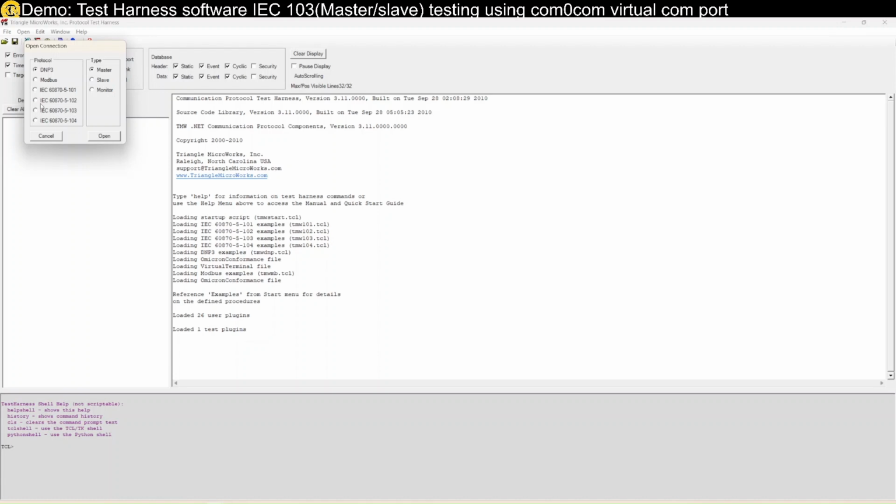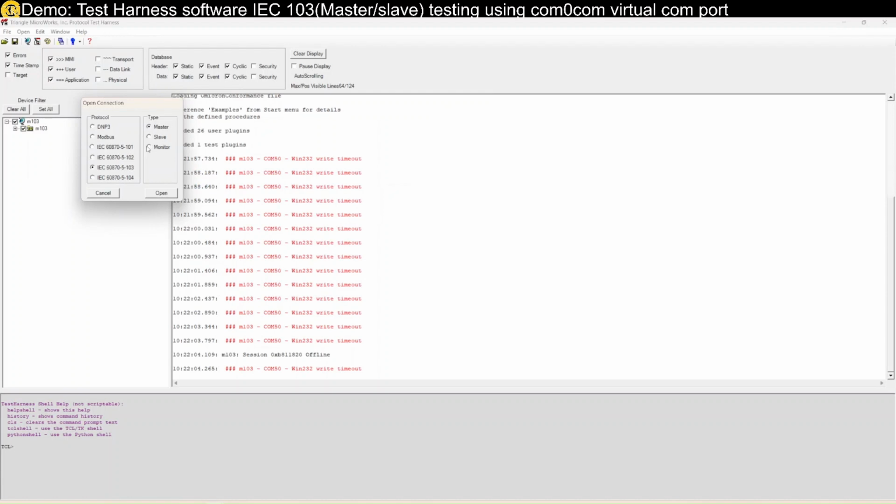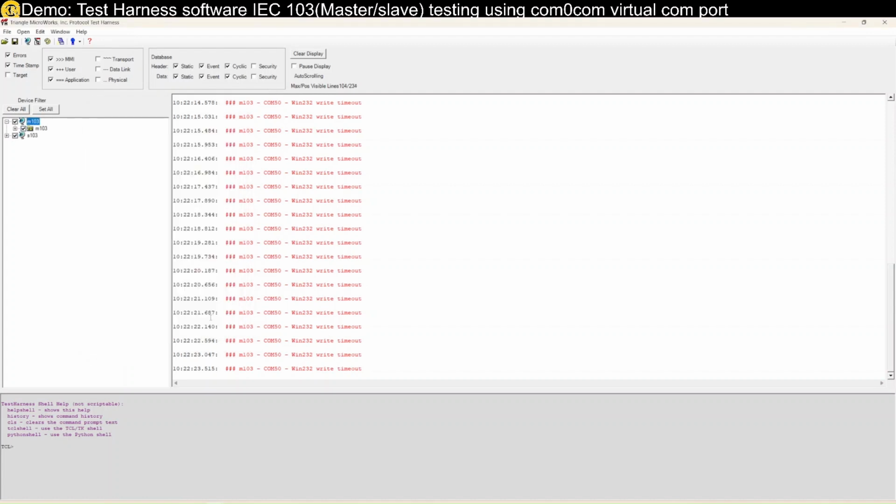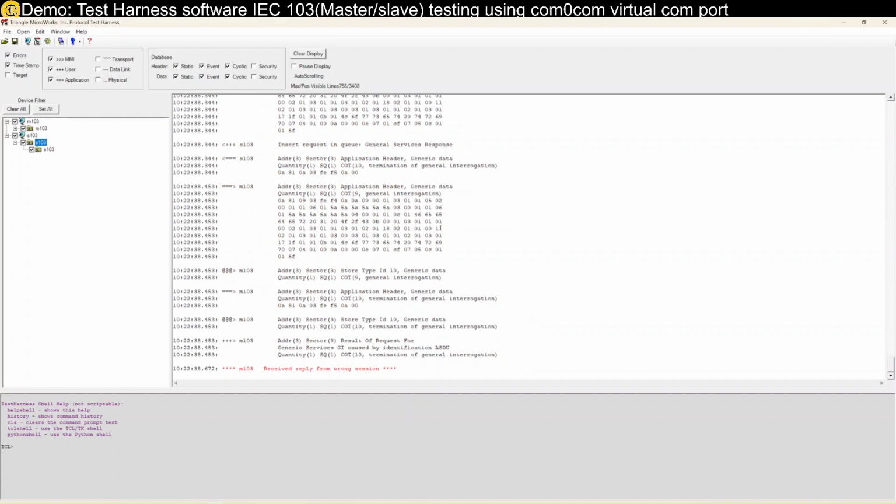Okay, let's create the slave by clicking this button, open a new channel. Select 103 again, and this time slave. Again go to the channel, serial communication, which is 51. Because it's a virtual network, the other end of 50 is actually 51. And open. Yeah, almost instantly all the red alarms go off, and all the normal